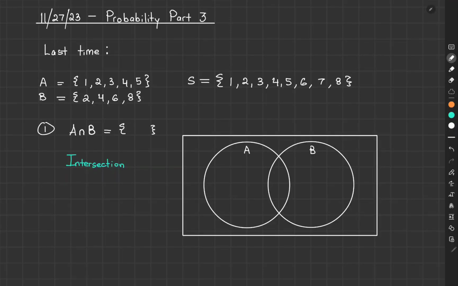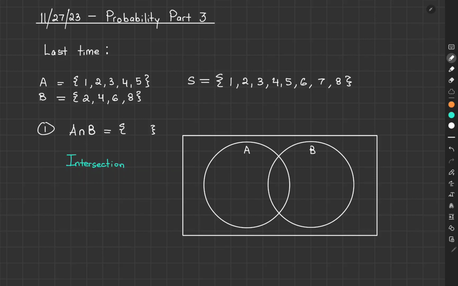Okay, so today we're going to talk about probability part 3. Last time we talked about how to calculate the probability of A and B, A or B, and the complement of an event. Okay, so as a quick review, let's talk about how we would visualize these events